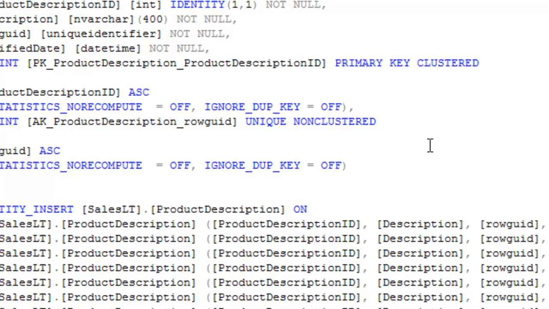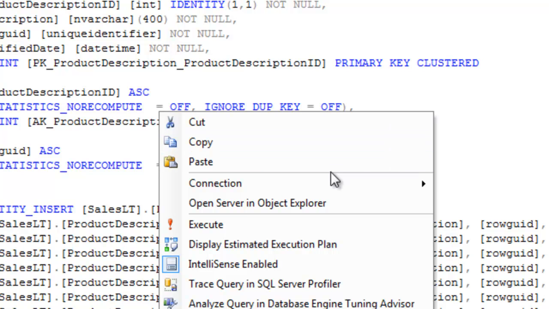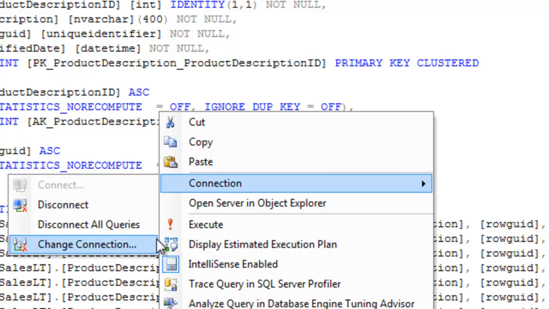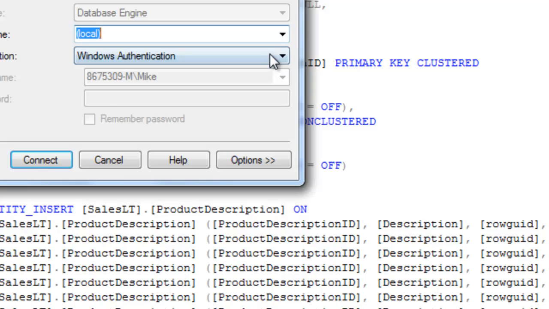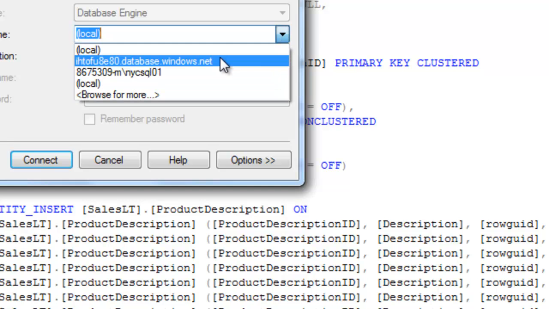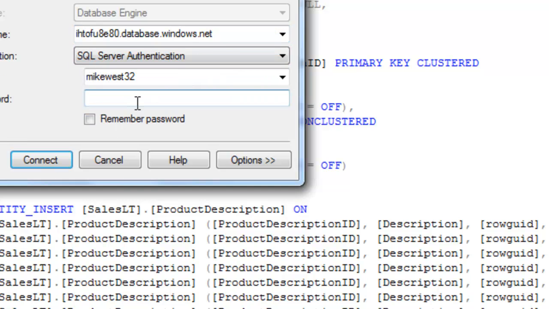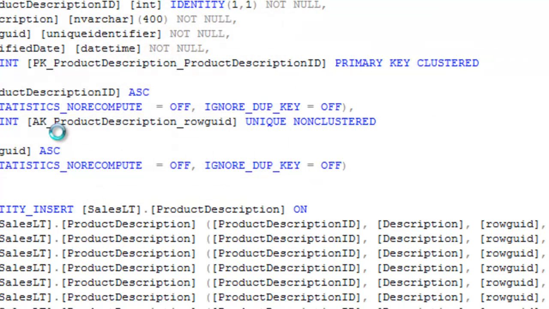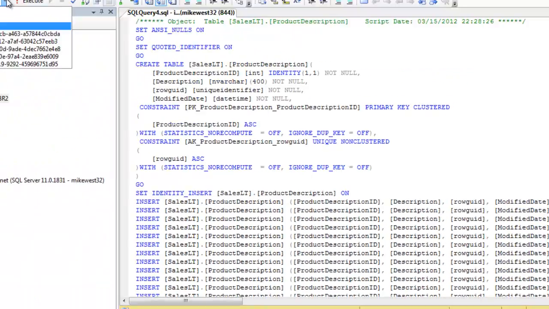So now let's move this. Let's right click on it. Let's change our connection to our Azure, our cloud database. Choose our drop down, and let's go to